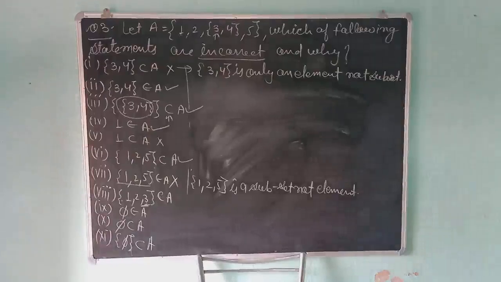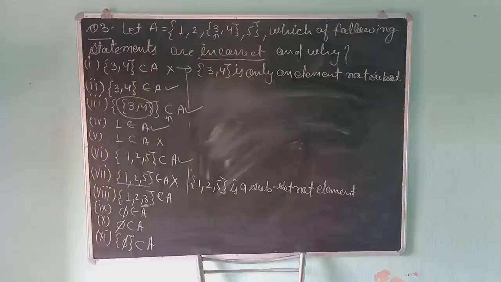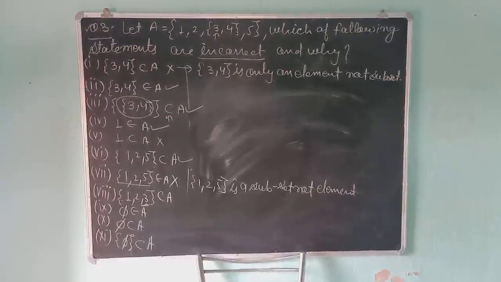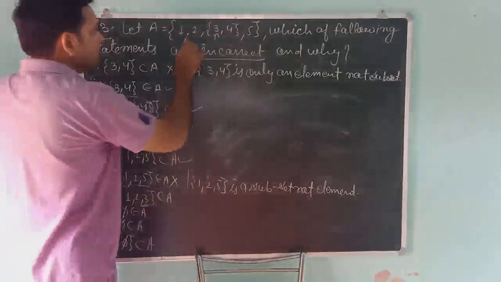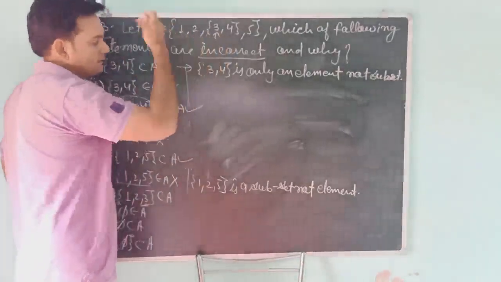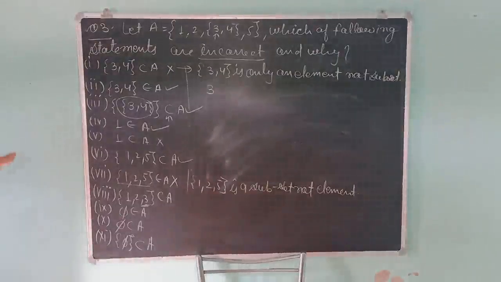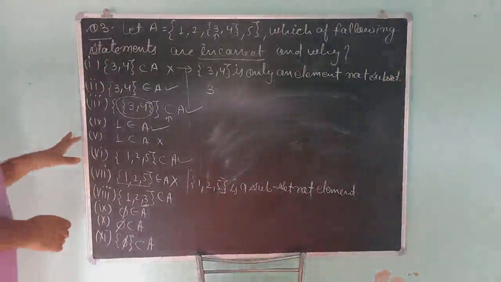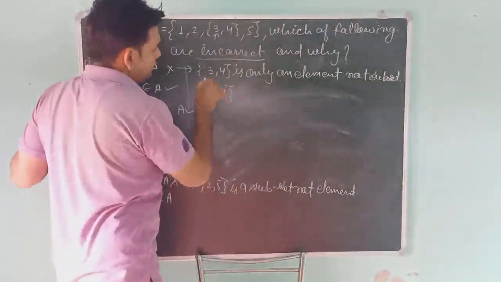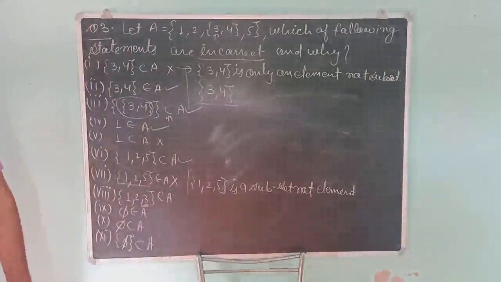Student, listen to me carefully. If in any set, if any numbers are put in the bracket, then they will always live together in the bracket. You can't separate them. If you write 3, then you also have to write 4 with the bracket. In this question, I am talking only about this set. If you are writing only 3, what is 3? 3 is nothing. Nonsense. 3, 4 in bracket, this is the element.